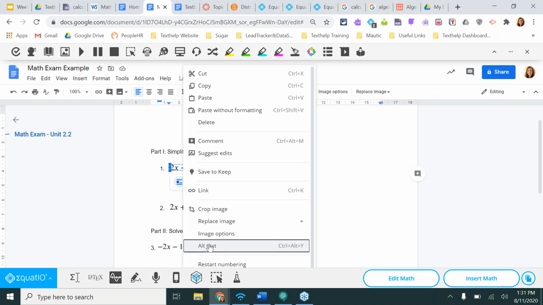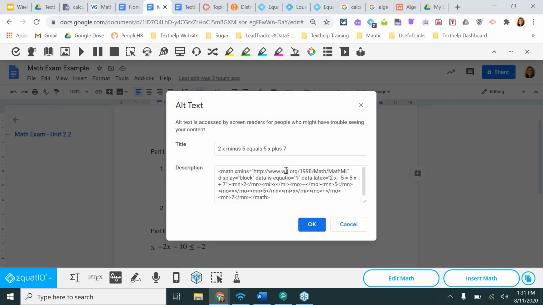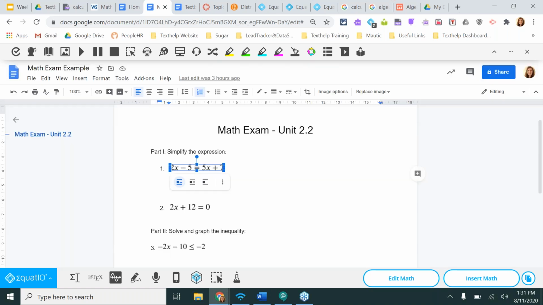I know that because I can go into the alt text and actually see that I've got my description under the title and the MathML in the actual description of the alt text. But what we can do is then again, using Read&Write, a student can go through and hear content read out loud.